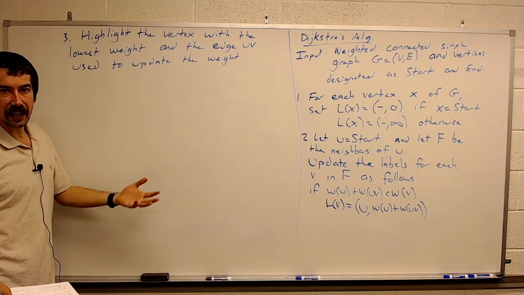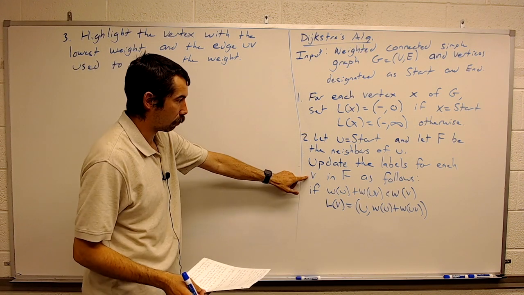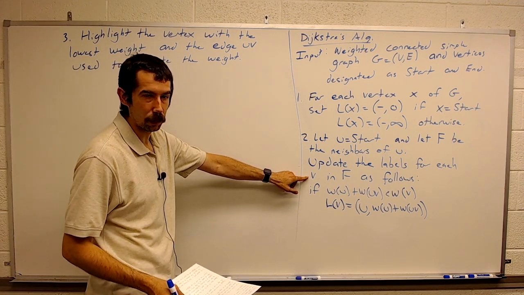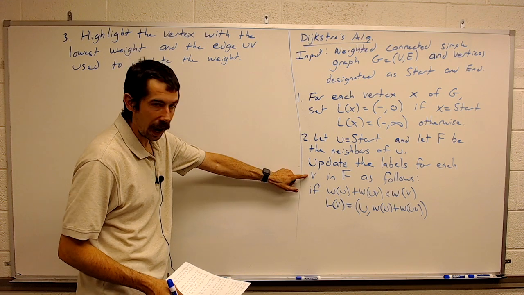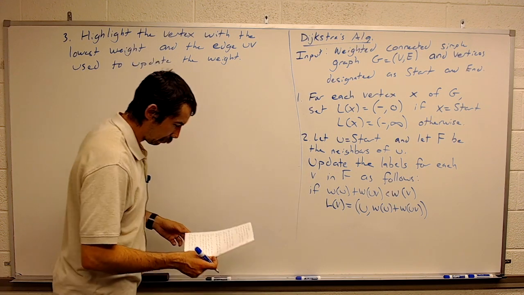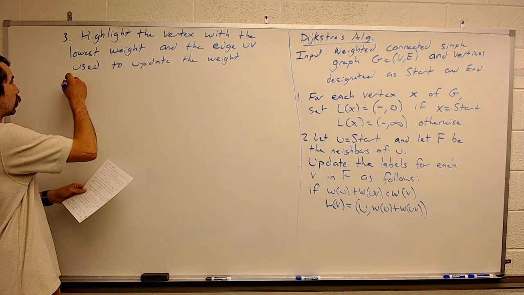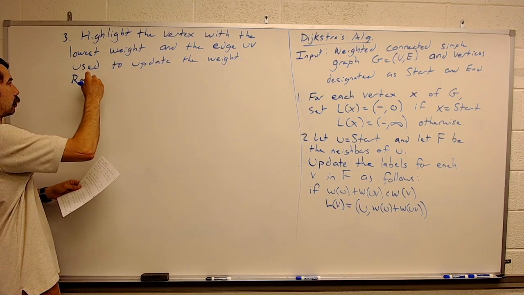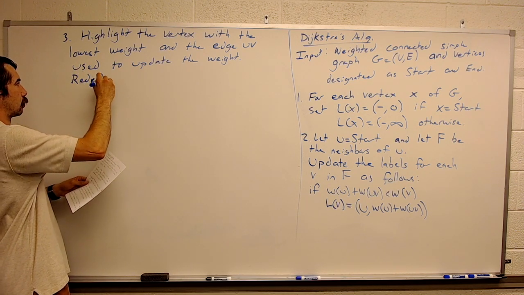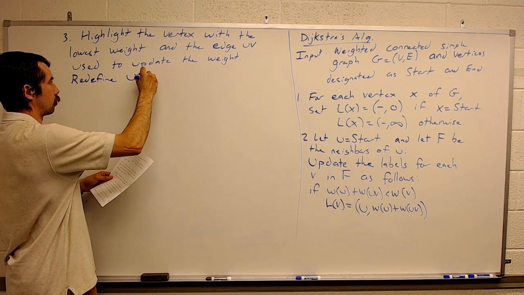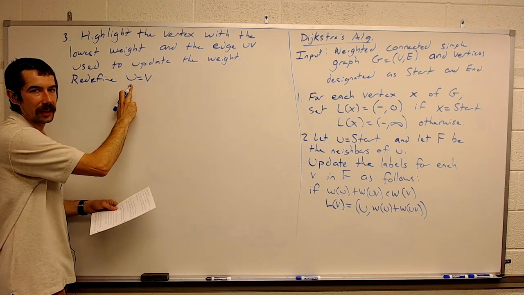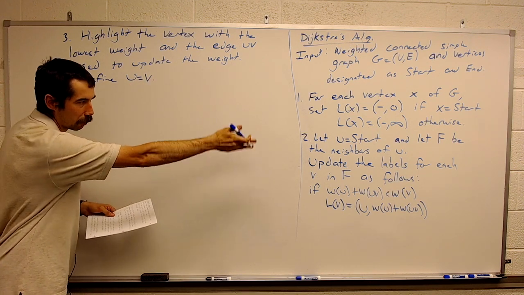Okay, so let's say V is the vertex with the lowest weight. We're going to highlight it and the edge used to get there. And we're going to redefine, basically we're going to set U equal to V, and then we're going to loop through and do step 2